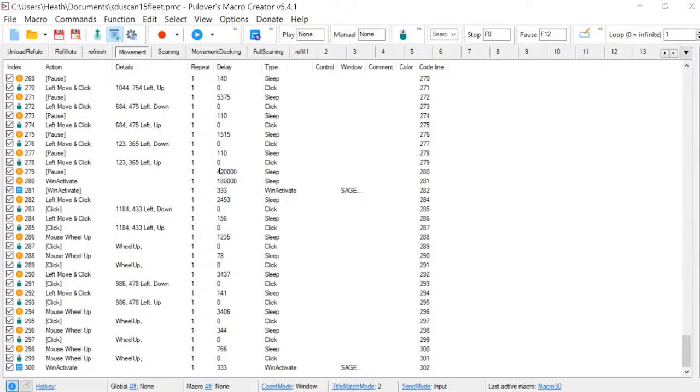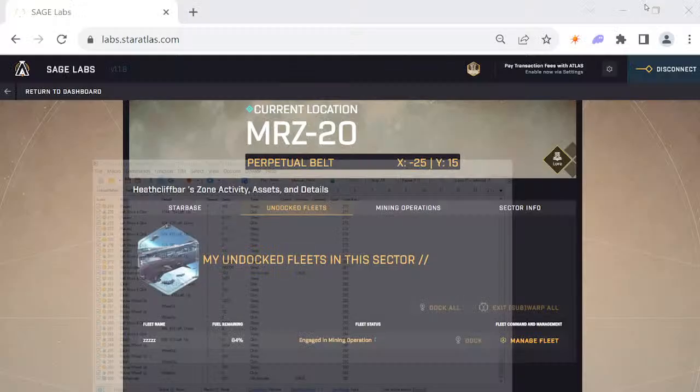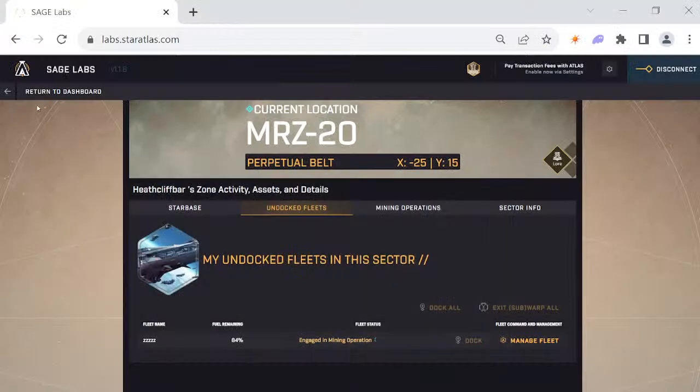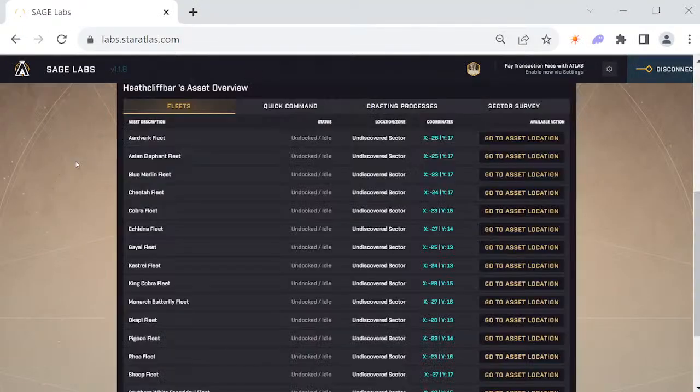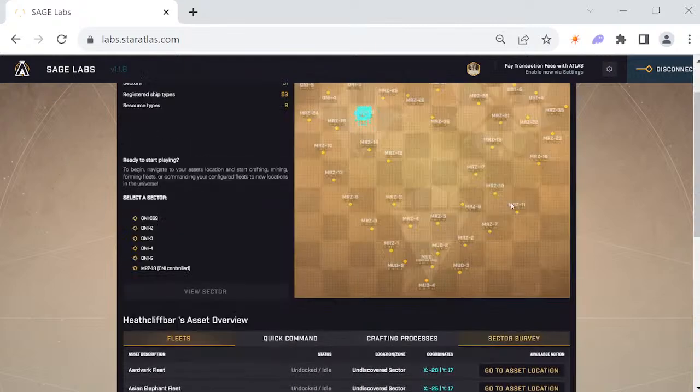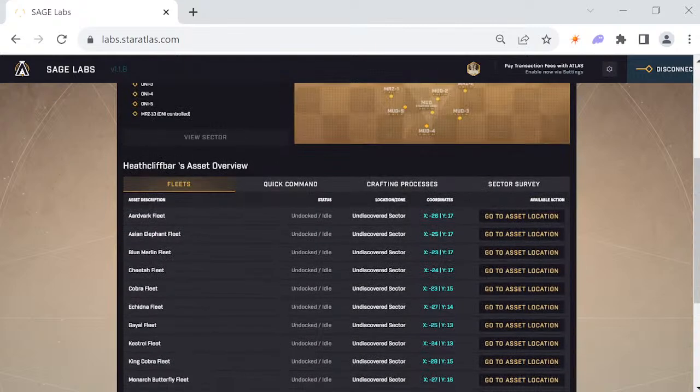Wait till it's done. Once you put your pause in there, go ahead and scroll back up to wherever it is, find the stop subwarp or whatever of all fleets. So you're going to make that macro right here. You want to make sure you're on this page, probably start at the top, scroll your way down, go to